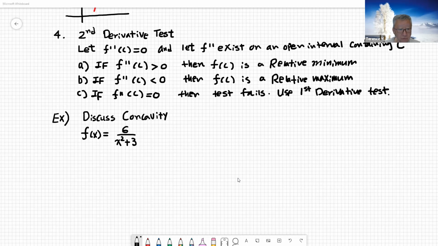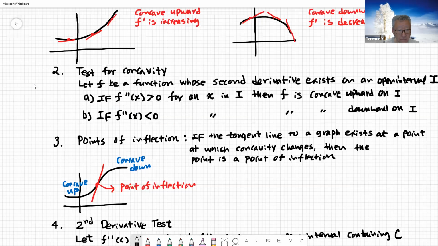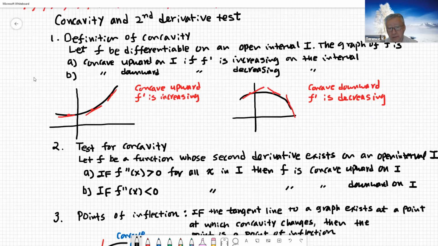This is the asynchronous video. I think I mentioned previously that we're going to try an asynchronous lecture in Zoom a couple of times. So I'm going to